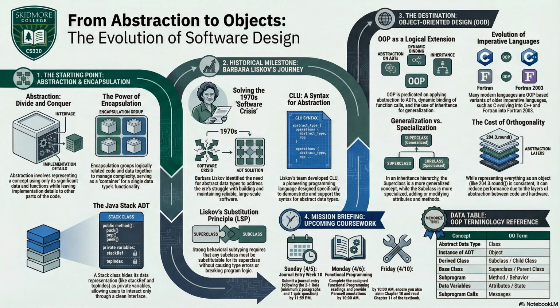Language designers also have to figure out how to handle memory allocation for all these objects, right? Deciding between the stack and the heap. The stack is incredibly fast and structured, but it forces you to know the exact size of your data at compile time. Object-oriented programs, with their dynamic binding and flexible hierarchies, heavily rely on the heap. Because the heap allows objects to be created dynamically while the program is running, growing, or shrinking as needed.